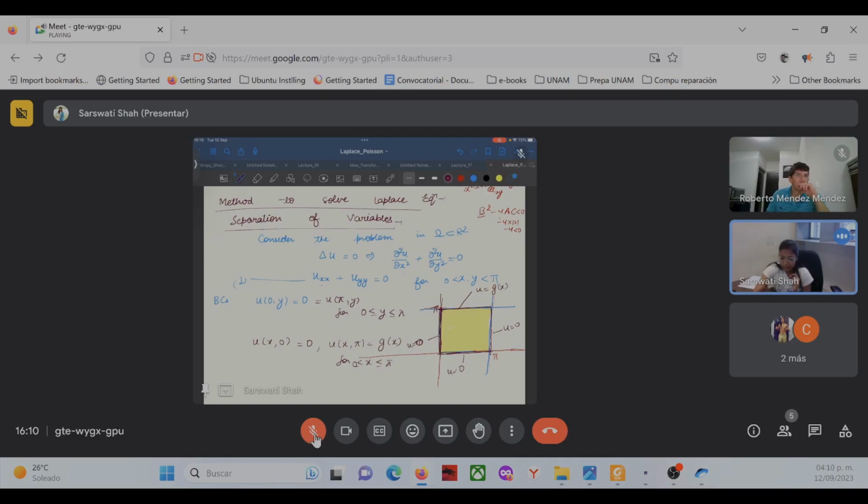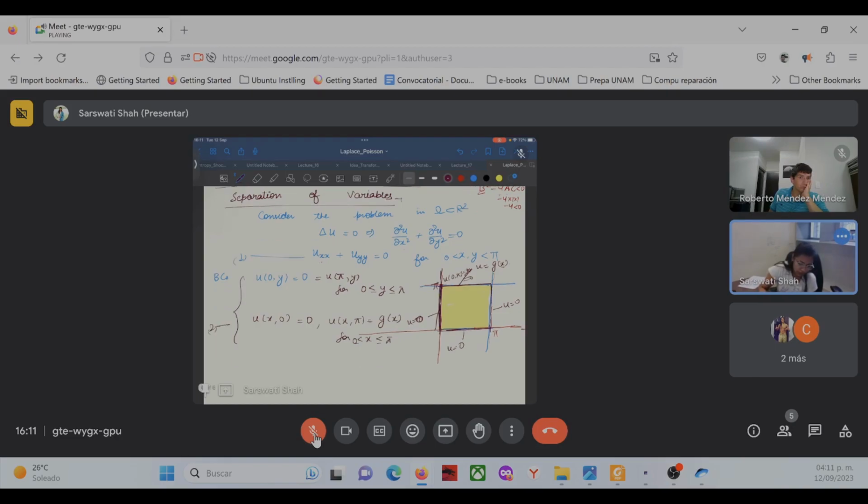Now you say that at this boundary u is 0. So when it reaches 0, like at (0, pi), what will be the value? g(0), and it should be 0 because this line is defined as u equals 0. So this is your boundary condition. Say it is your equation number 2, where